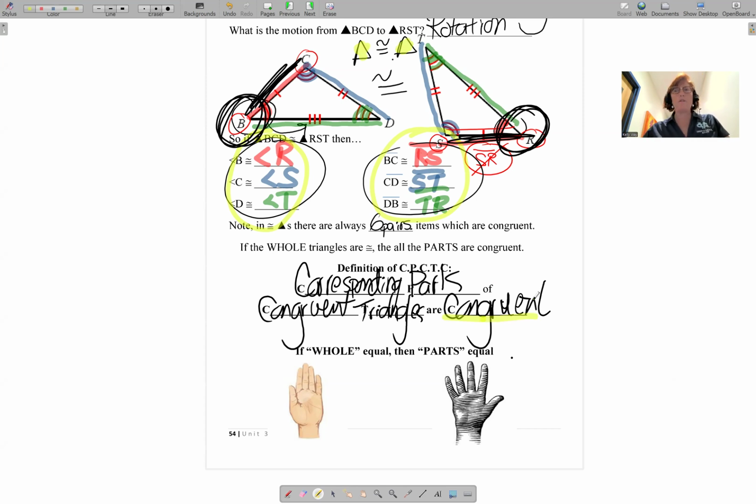My slang for this is really simple. Go like this. Say, whole equal, parts equal. If we say the whole triangles are congruent, you should be writing this down,